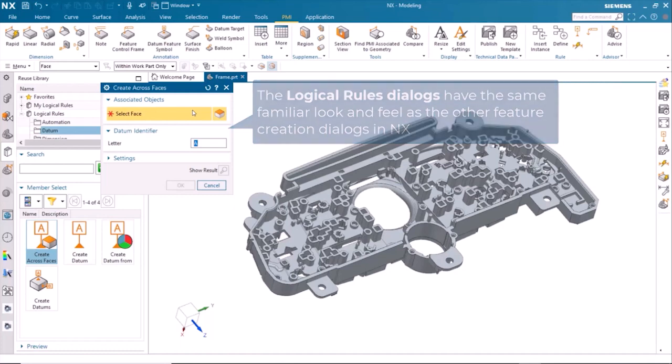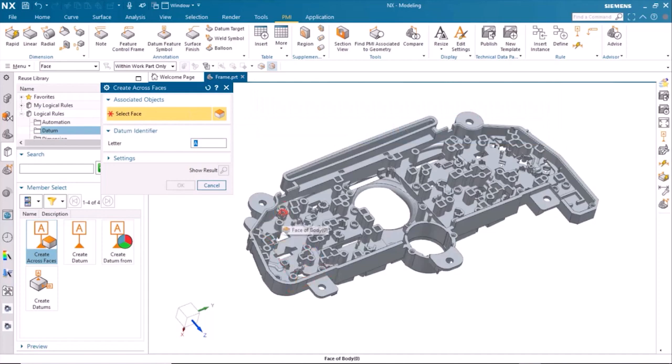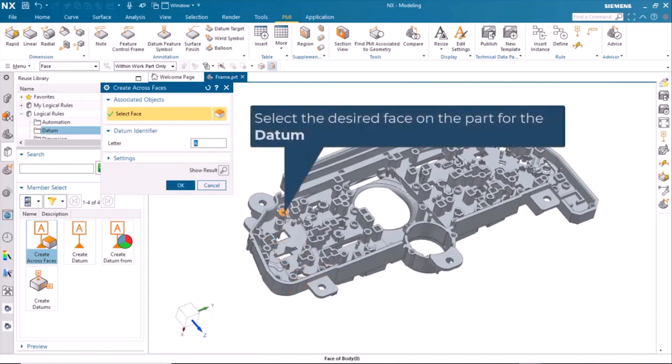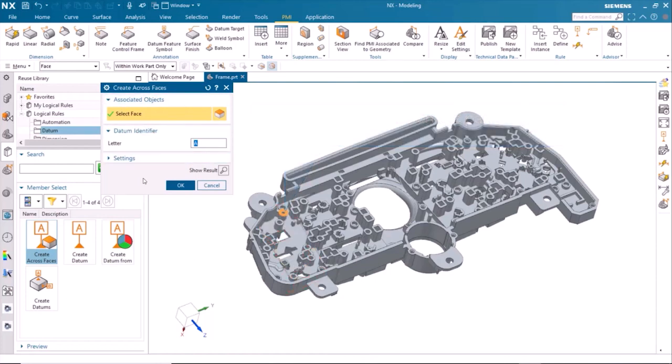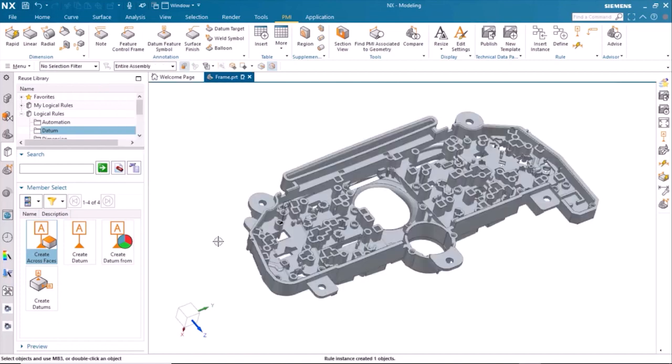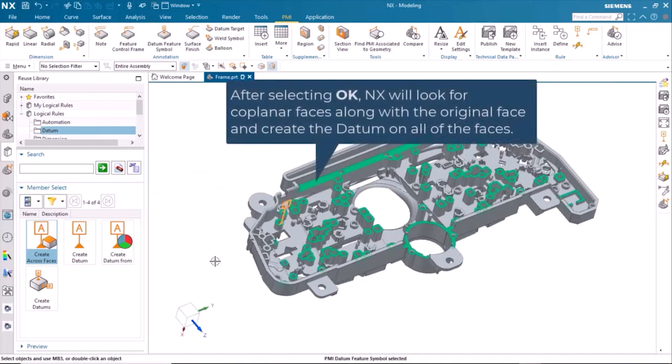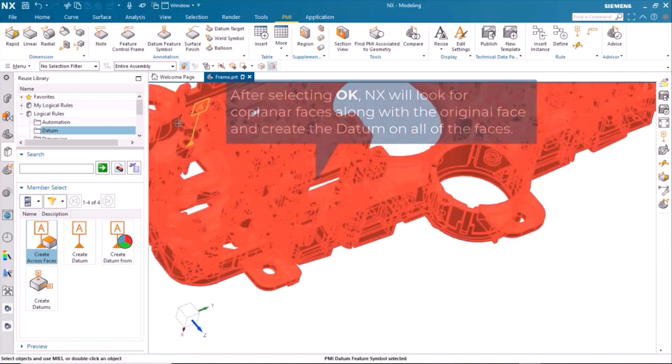Now, once you open up these logical rule dialogs, you're going to see there's a very familiar interface there. And the first thing we want to do here is select a face. So I'm going to pick a face here on the part. Apply our letter A here for our datum designator. Select OK. And then the software is going to go out. It's going to look at the chosen face here with this rule, and it's going to find all the coplanar faces with that face and designate all the coplanar faces as datum A. So after you select OK, you will see it's created our datum A on our part,